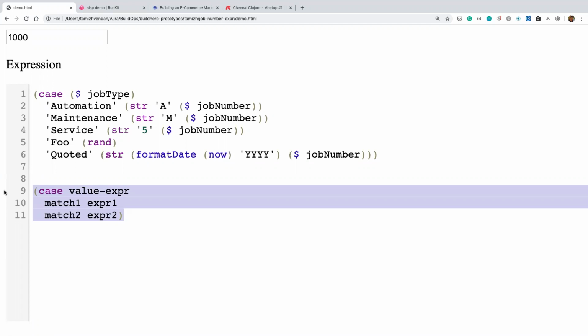Just because I know Lisp, when they talked about this problem, the light bulb came on. Hey, this can be easily solved in Lisp. I searched for a Lisp parser in JavaScript and came to know there's a library called Lisp. In a matter of 2 hours, I implemented this and showcased it to them. Fantastic. Exactly. I also do Node.js.